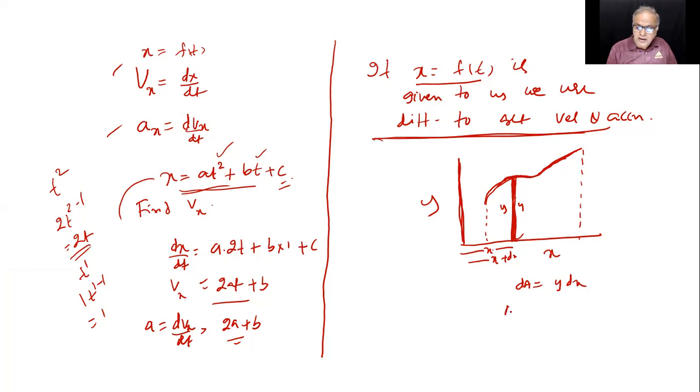So for the whole area, we integrate this sum of all small areas y dx. This is called integration. If I put limits from x1 to x2, this will be called a definite integral. I've been using it already. You'll substitute x2 first and then put a minus sign, put x1 there. So this is only the geometrical meaning.